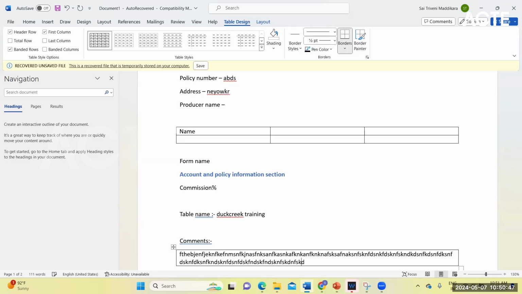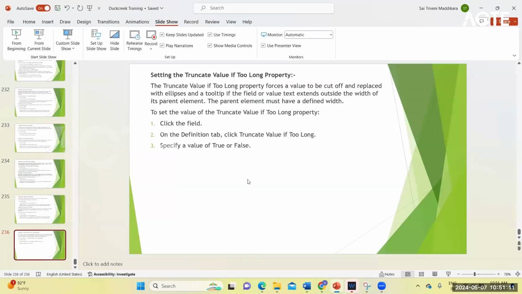On the UI, how do we define truncate when the data is exceeding? The data is more, but the text box size is very small, so you are not able to see the entire text the user has entered. That kind of issue is called the truncate value if too long property.